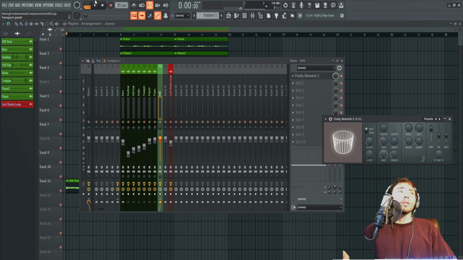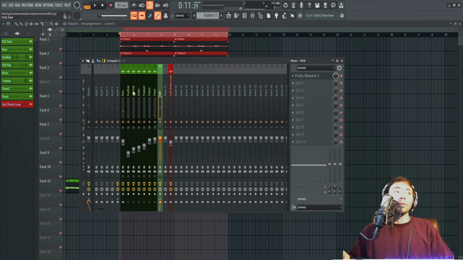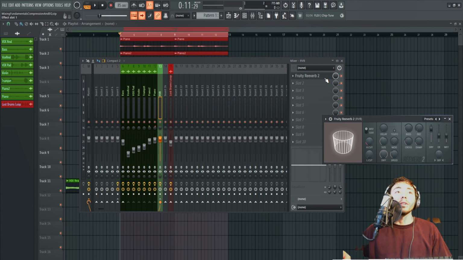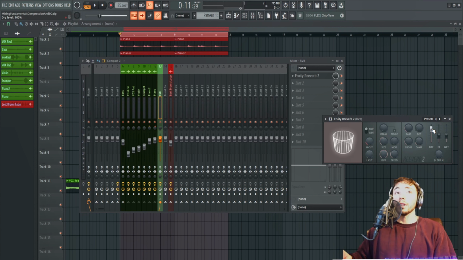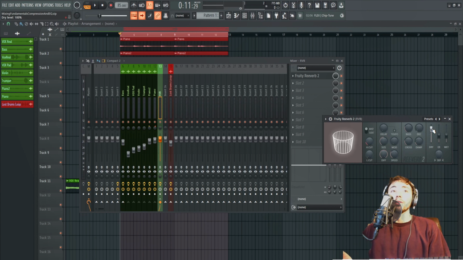So let's just play it real quick. There's one thing that we're not doing right here: see how these two are routed to this channel. All these tracks are routed to this channel and this channel, so their signal is playing twice. You're going to hear it twice as loud. The way we can combat this is to go back into the reverb and turn down what's called the dry signal. The dry signal is the plain input signal. There's no reverb on it, no effects attached. It's just the signal that is playing straight out into the channel. So if we turn that down and play it again,